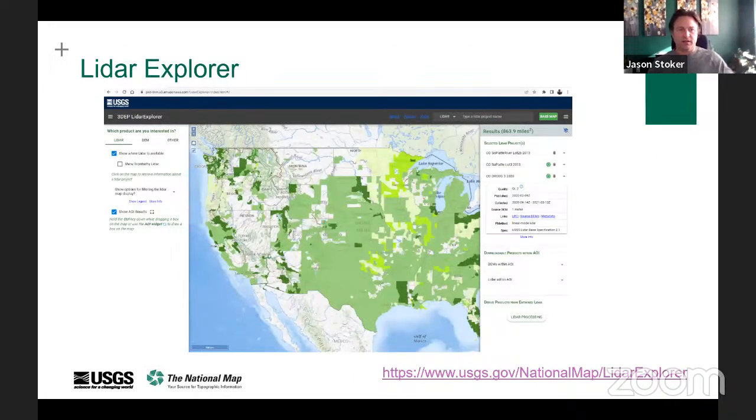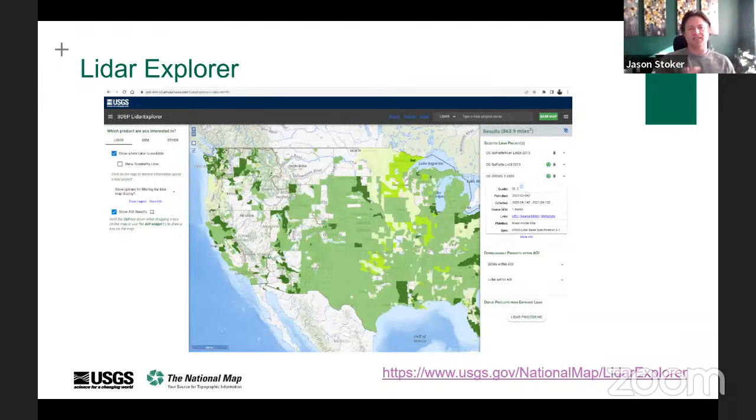Our primary way that USGS makes the data available is via this LiDAR Explorer app. You can see the link there. It's our distilled version of The National Map. So it's, what do you want? Do you want LiDAR? Do you want DEMs? Here's where they are. Click on a project, and we'll give you all the information about it. You can either download what you need by drawing a box, or you can download the entire project. You can go to our links to do batch downloads. Or in many cases, you can just visualize that data in 3 dimensions. So LiDAR Explorer, if you haven't heard of it, is a really good resource where you can see what data we have available.